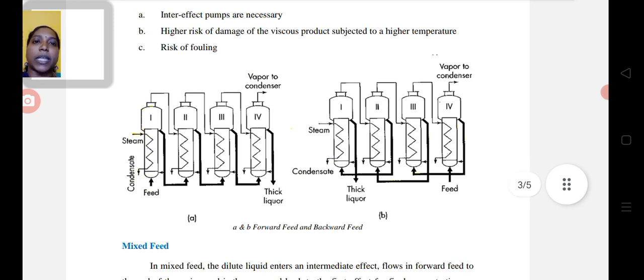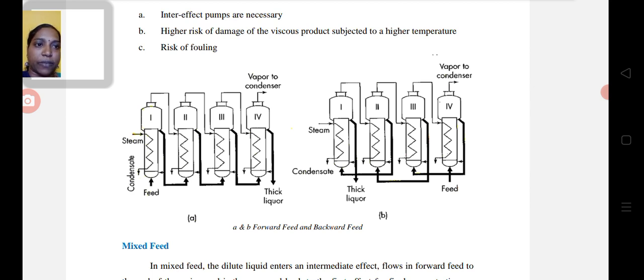This is the schematic representation of the forward feed and the backward feed, where the steam and the feed are fed into the first effect in case of the forward feed multi-effect evaporator. In case of the backward feed, the feed is fed into the last effect, but the steam is fed into